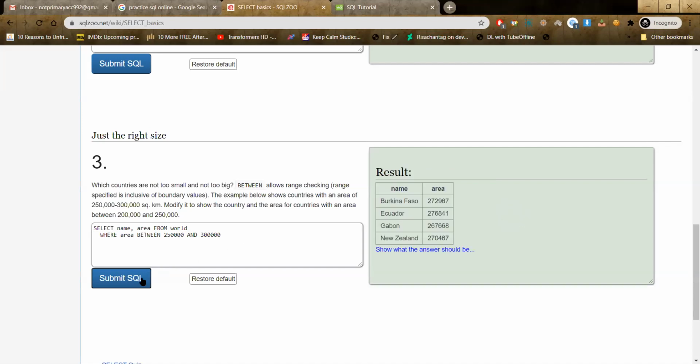It's saying system error. Okay, maybe there was something wrong with the server, but now it's saying that these 4 are the countries which fulfill this condition. So their area lies between 250,000 and 300,000 square kilometers.